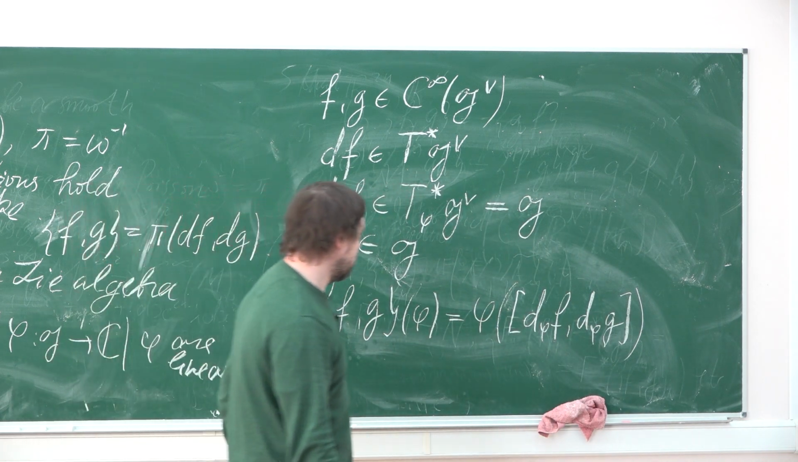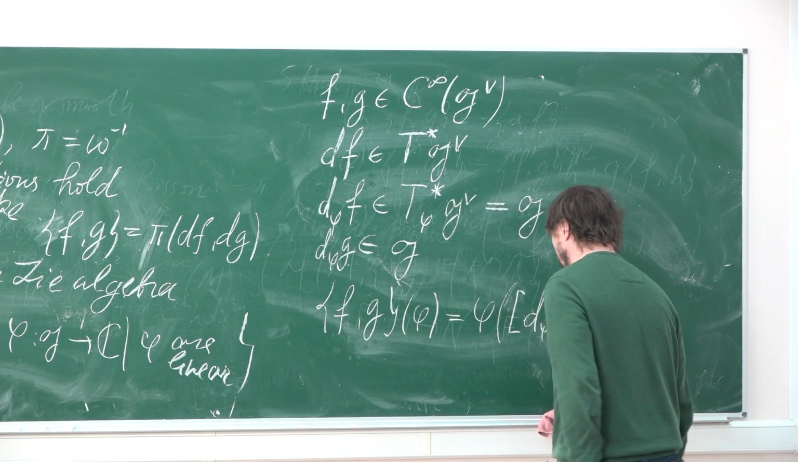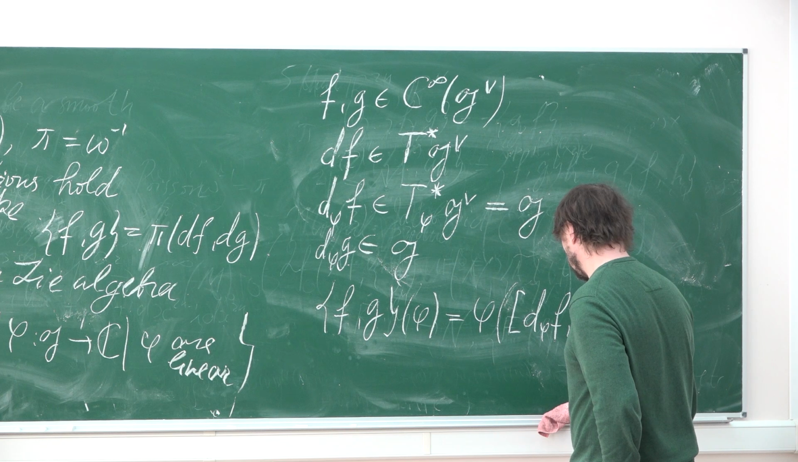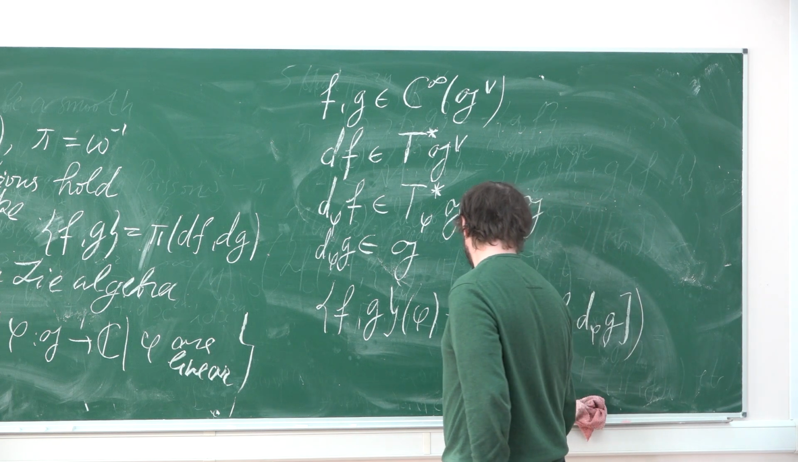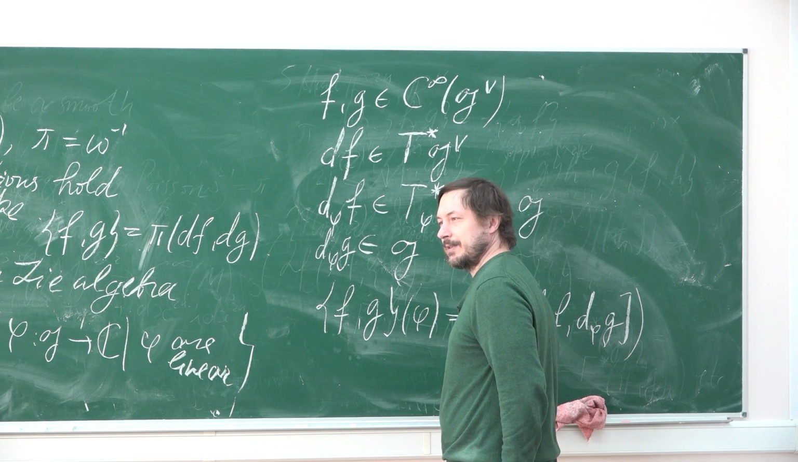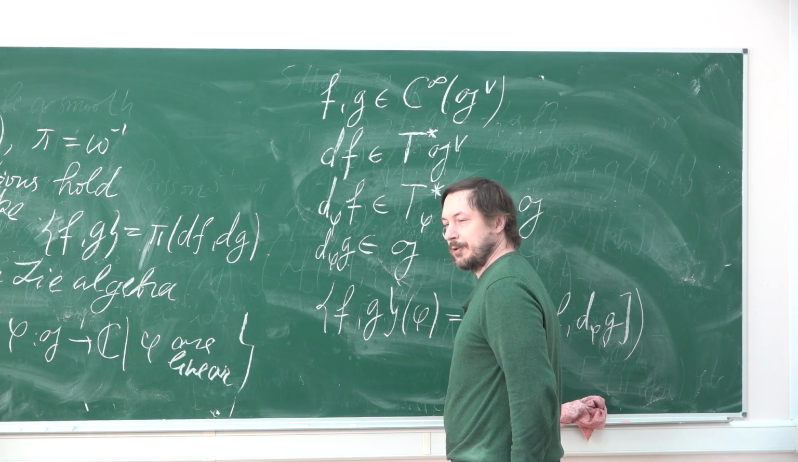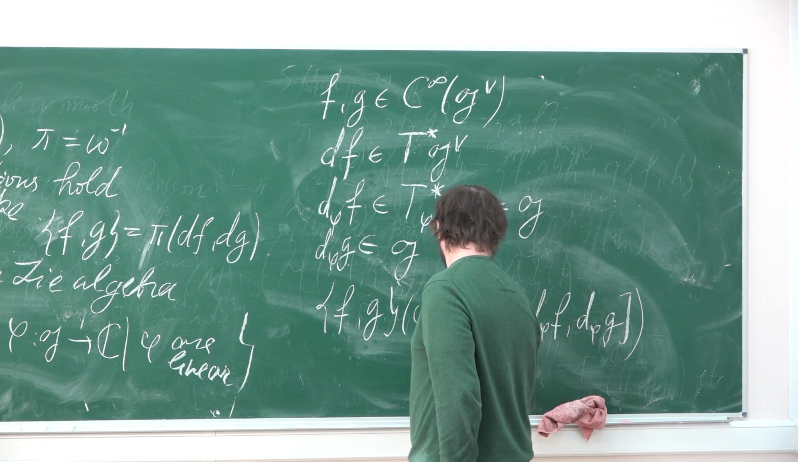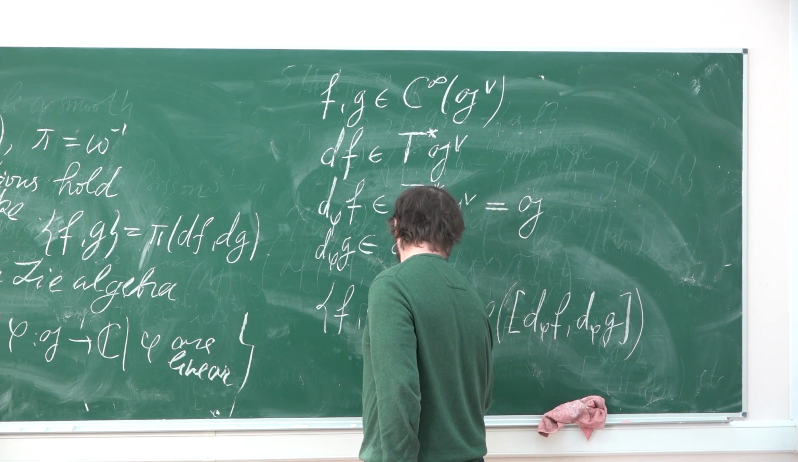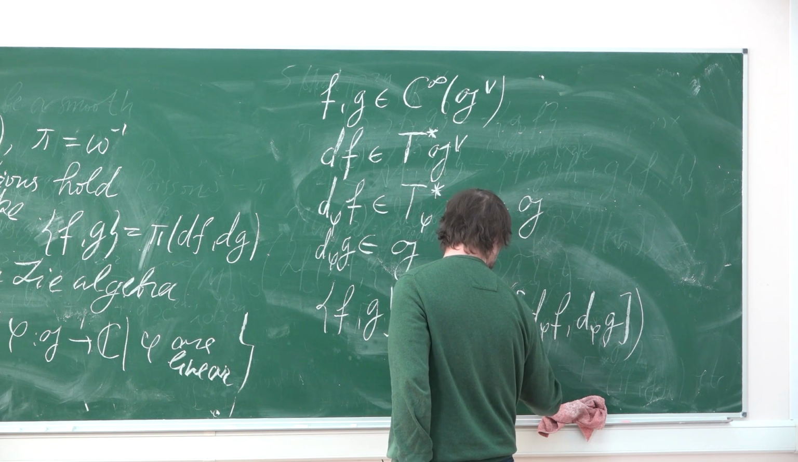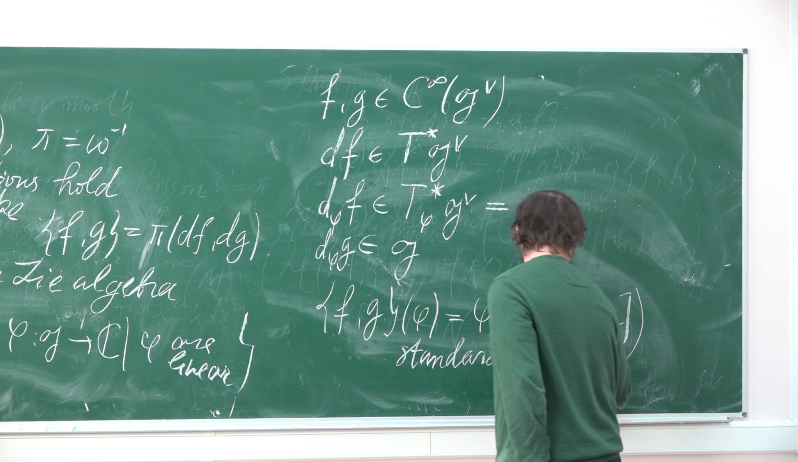So that's what I sometimes call the standard Poisson-Lie structure, or Lie Poisson. There is a subtle difference between Poisson-Lie and Lie Poisson. I think this is Lie Poisson. Okay, the standard Lie Poisson